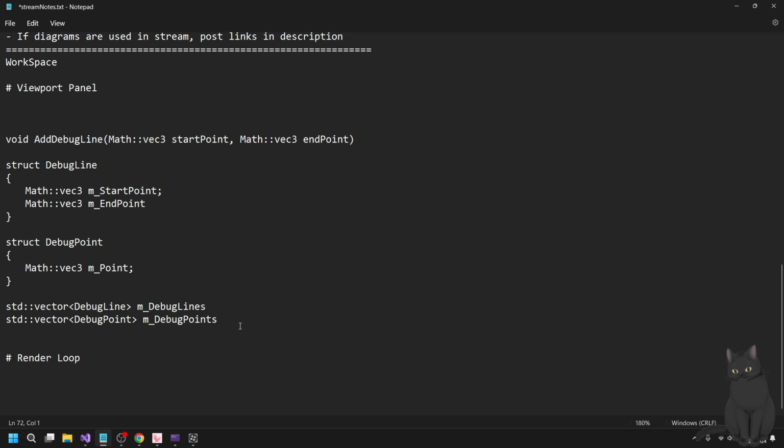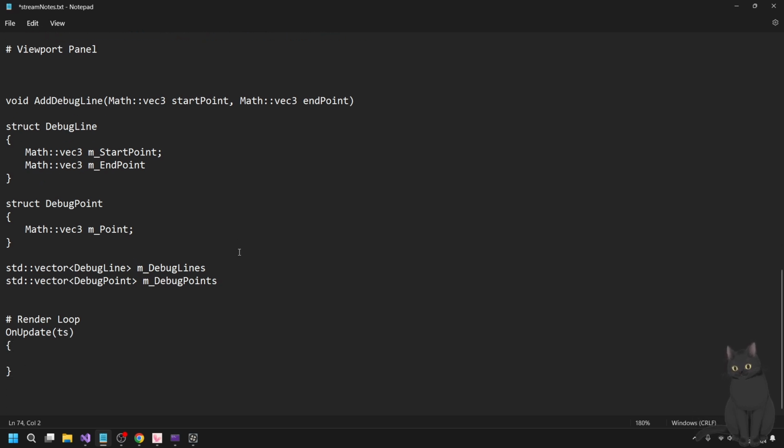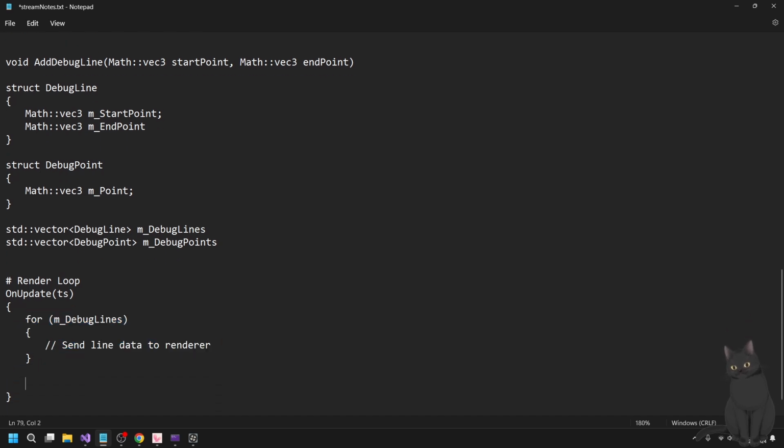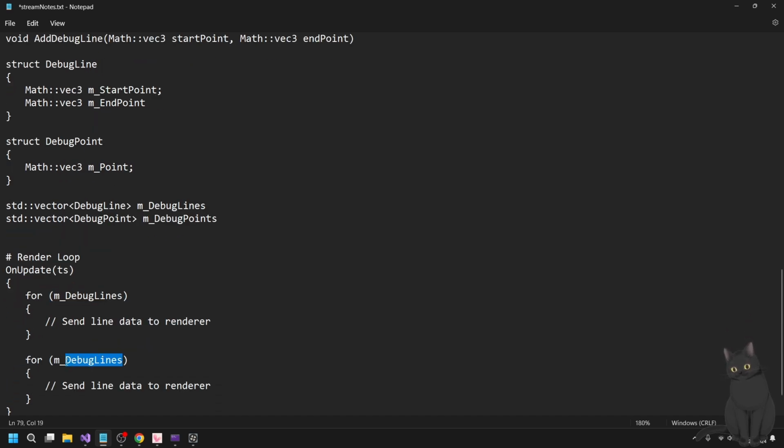If I go through the on update, then we just do a for loop through the m_debugLines, and we just want to send line data to the renderer. This is really as simple as that. And then m_debugLines, m_debugPoints.